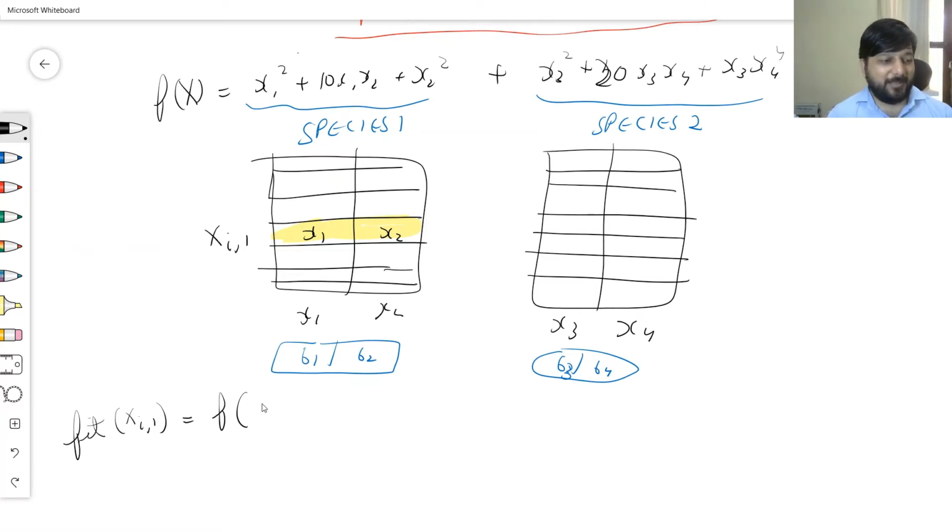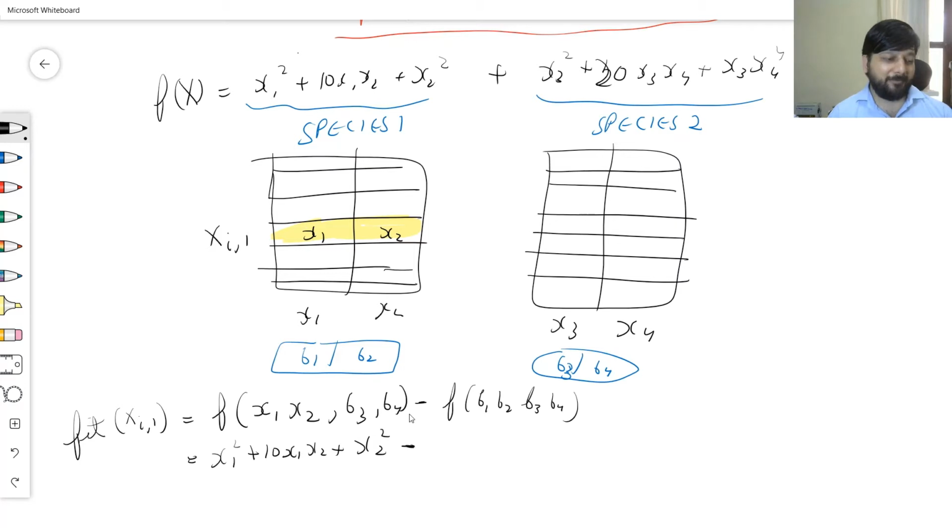So the substituted individual becomes x1, x2 because of substitution, and b3 and b4 from the representative. So this is x1 square plus 10 x1 x2 plus x2 square minus... plus x3 square, which is b3,